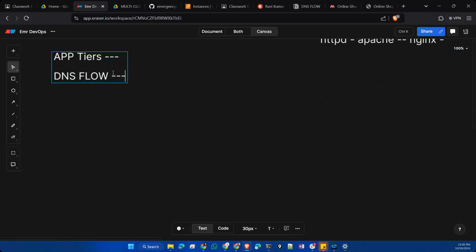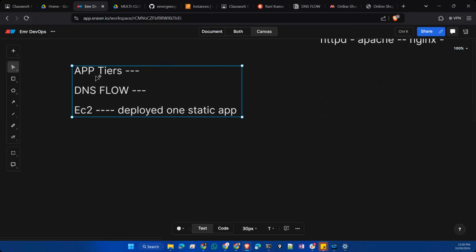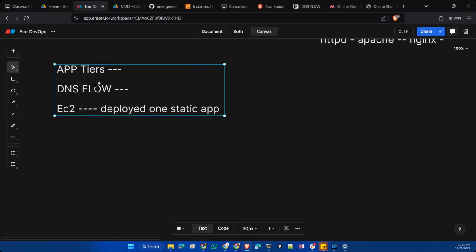We also created one EC2 server, and then we deployed one application, that is a static application. So these things we did cover. Now, in continuity of this static application,